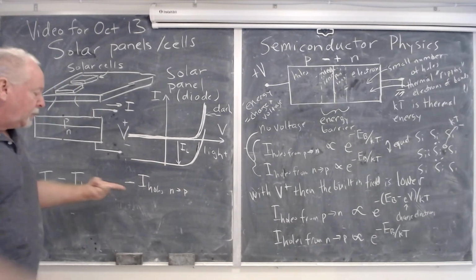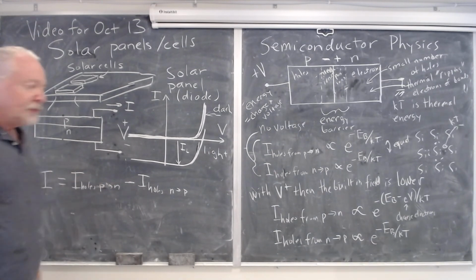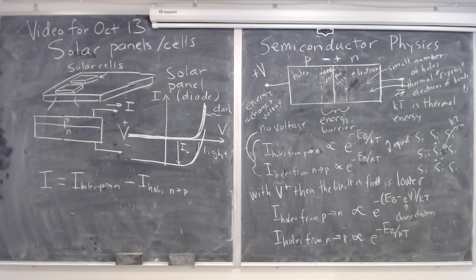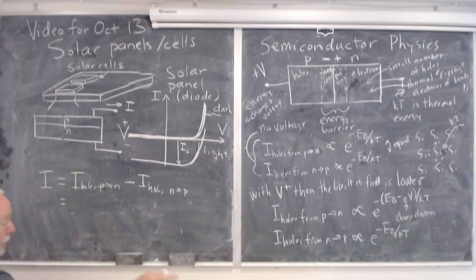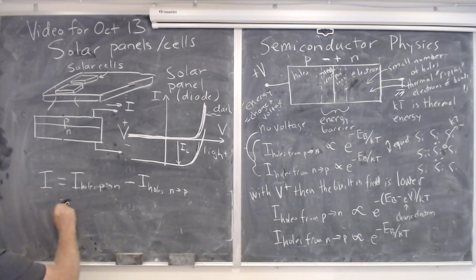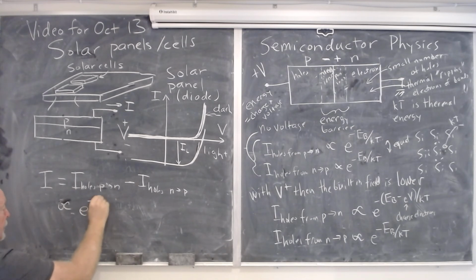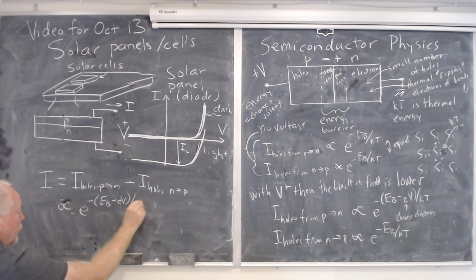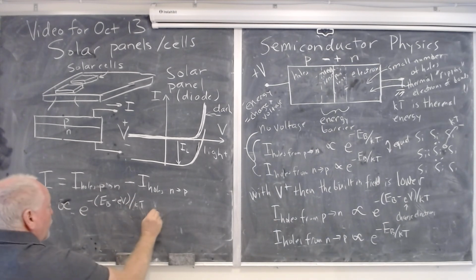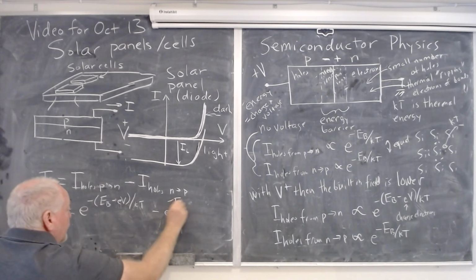I mean, holes going one way minus holes going the other way is your net current, and that is then equal to or proportional to what I've written there: e to the minus (EB minus EV) over kT minus e to the minus EB